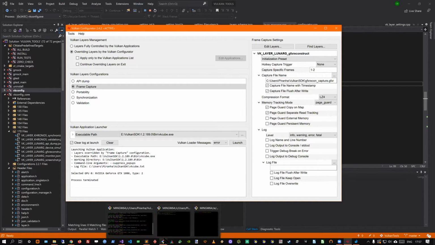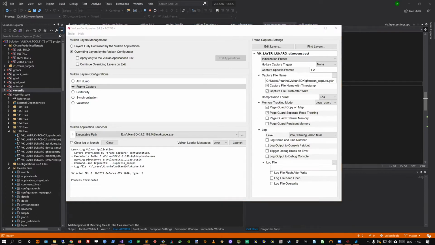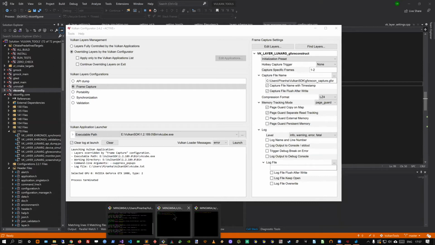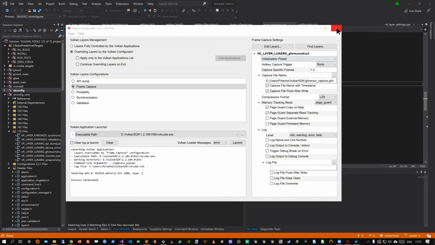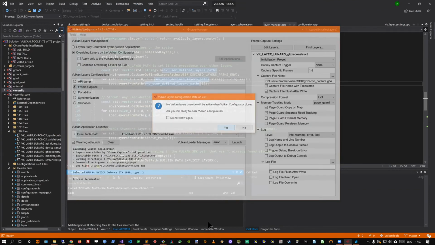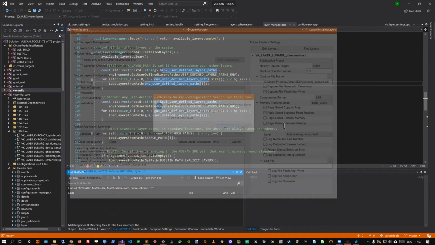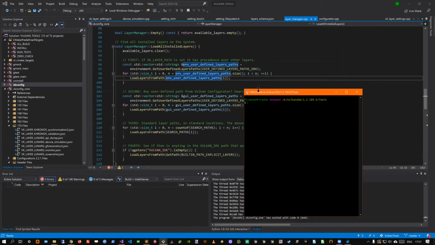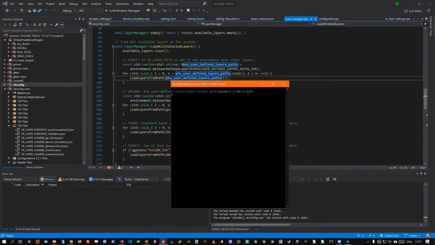And there is another approach. Maybe I should go back to my script, which is we can use command lines to use Vulkan Configurator. So let me close this. Vulkan Configurator is in the Vulkan SDK, in the tools directory, but it's not in the path.